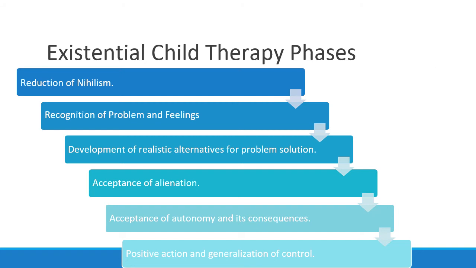All right, the next stage is acceptance of autonomy and its consequences. The child recognizes his or her responsibility for making choices to solve the immediate problem, but kind of goes between comfortable, past, and unfamiliar, future alternatives. The child may try out new positive ways of behaving, but revert back to some of the original behaviors. The therapist guides the child toward future-oriented choices and helps the child accept anxiety as a natural part of growing. The therapist works toward understanding of the logical consequences of each choice and the advantages of future-oriented decisions.